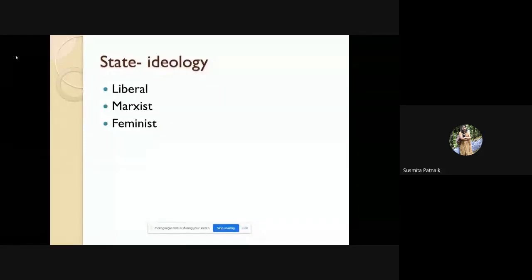The next one is called feminism. It also says that if you go through the book of Harriet Taylor, or maybe the one called The Second Sex, one political philosopher has written the book that is called The Second Sex.